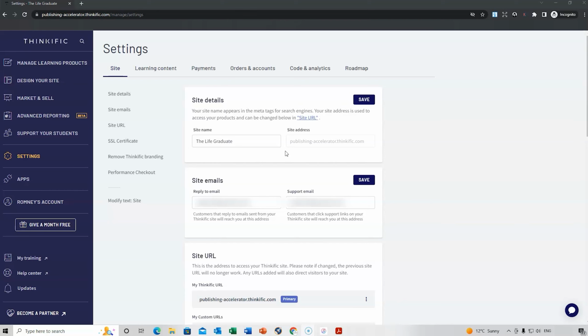You can have a way to be able to customize your URL, so you can look into that later, but just try and get it right from the very beginning. So that's just under settings and under site, under the site details, and when you're establishing your account, just make sure you get that accurate and correct to represent what you want your platform to look like in the future.